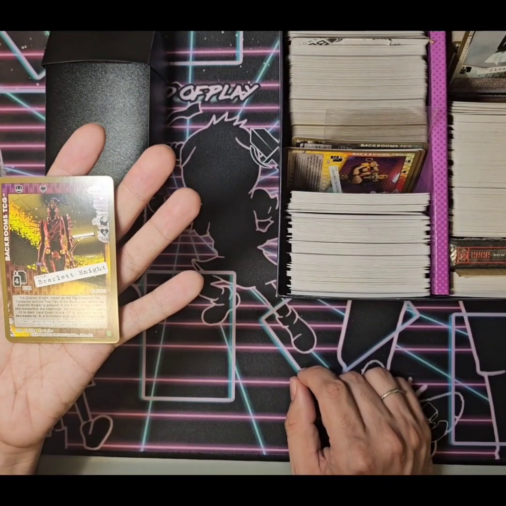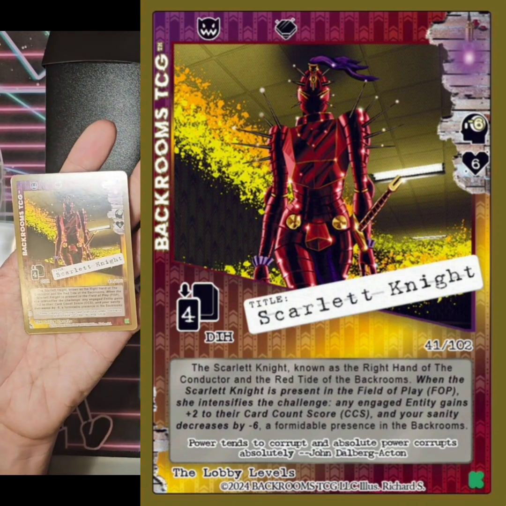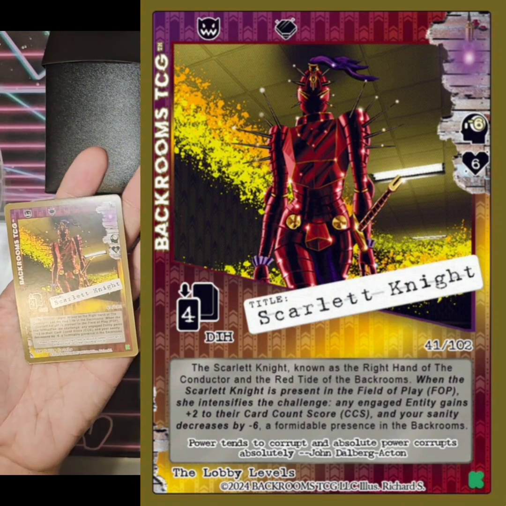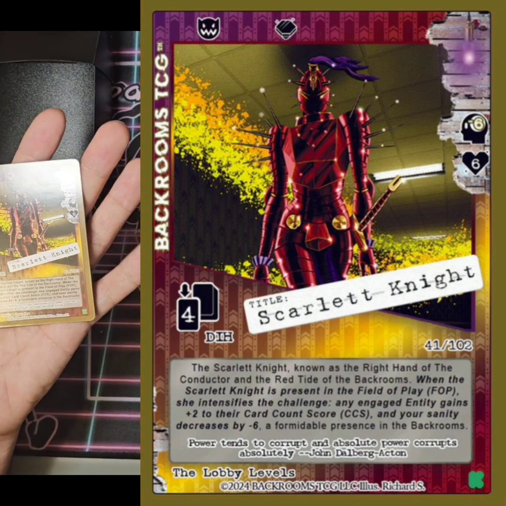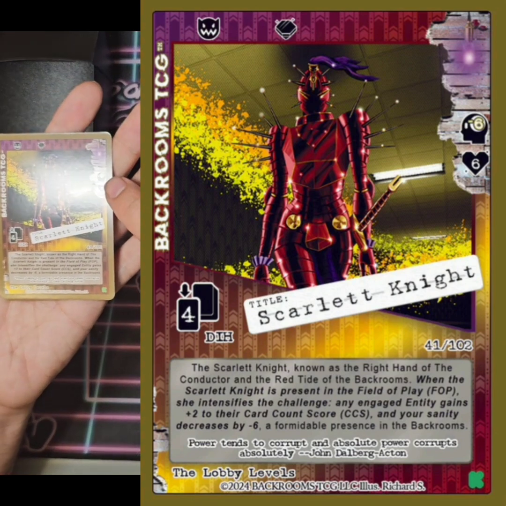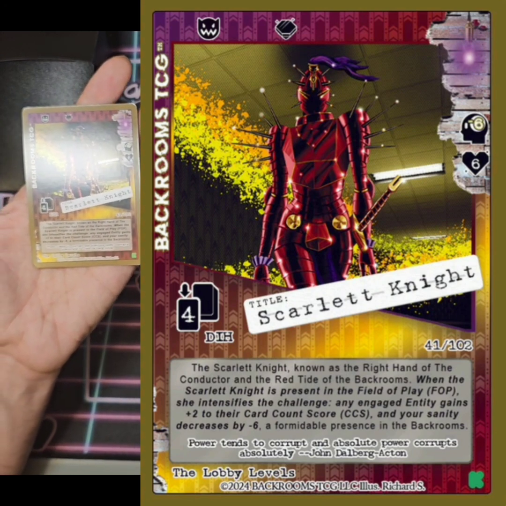Up, we've got Scarlet Knight, number 41. Scarlet Knight, super cool. Hyper rare entity, 4 deck and hand damage every round. Like, oh, spear me through the chest. 6 sanity loss when you engage with 6 health, and the Scarlet Knight has a really interesting field of play